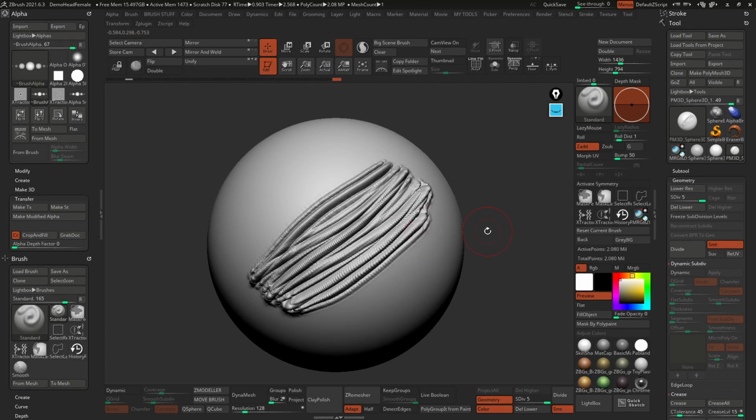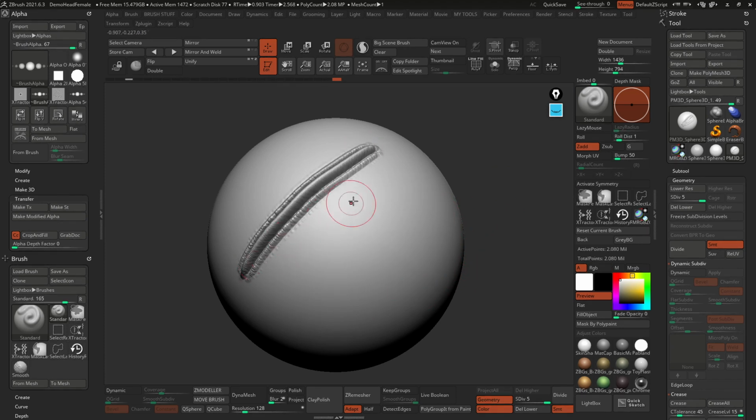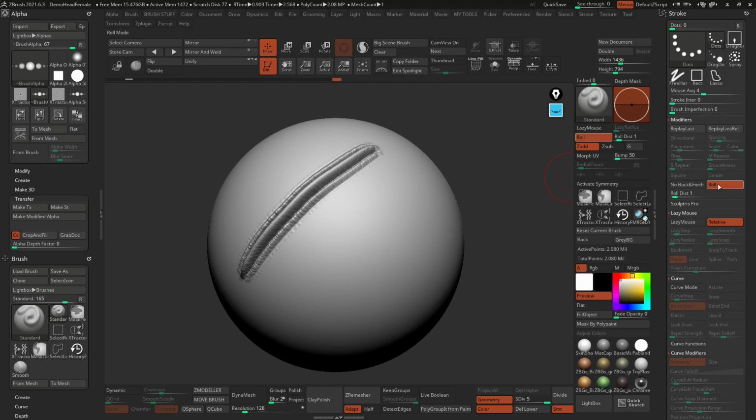Pretty cool. Now the next two things that I want to show you that you can tweak is the roll distance as well as the orientation. So I'm going to start with the roll distance just to show you what it does. I'm going to draw one stroke in here, and I'm going to go ahead and click on roll, right? So just to enable it, that setting right here is on the stroke palette. So now what ZBrush is doing is taking that alpha and is rolling it. Like if it was a roller to paint a wall,